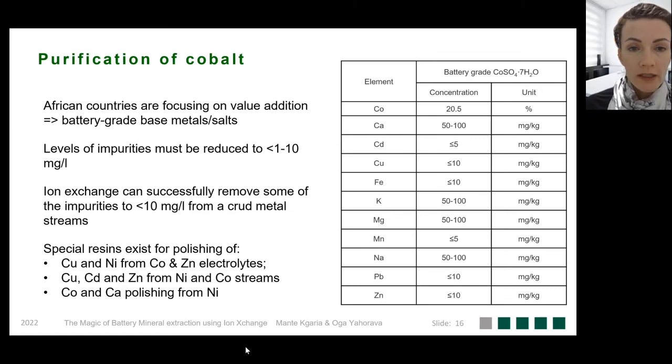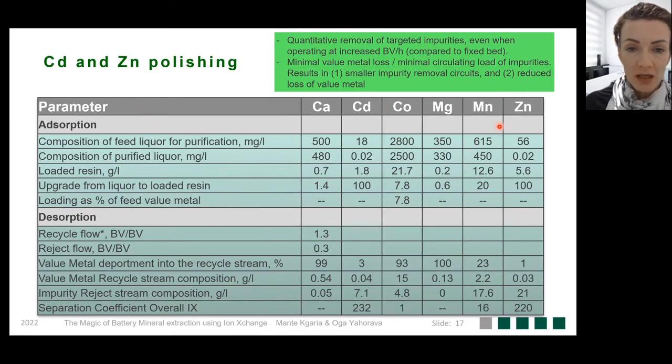So for one of the clients, we had to remove cadmium and zinc from the cobalt liquor from 18 ppm in the case of cadmium, for example, to below 20 ppb. And this was achieved with moving bed technology. And as the desorption was organized in the U column, this allowed us to minimize cobalt loss into the impurity bearing stream, and also significantly decrease the amount of cadmium and zinc which had to go back into the main